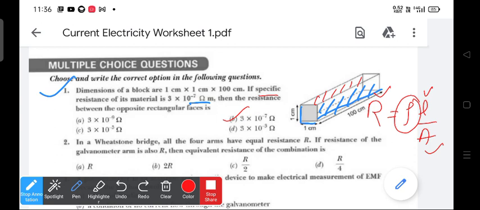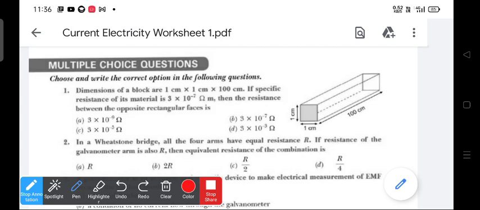Or if you can't understand it this way, you can also assume that specific resistance is nothing but the resistance per unit area. Will that be okay? So in that way also, the resistance will be the same, 3 into 10 raised to the power